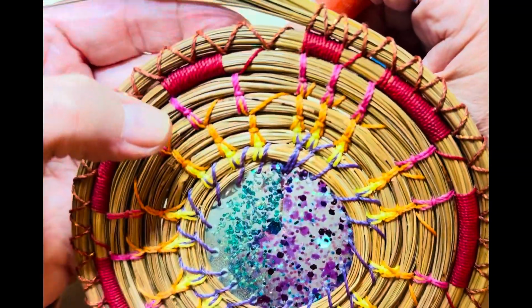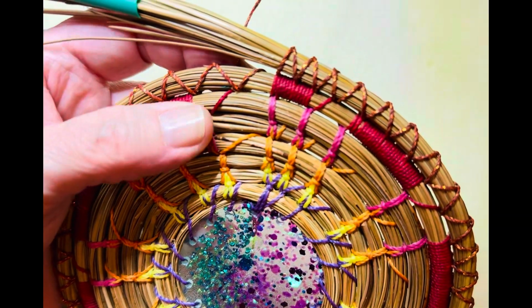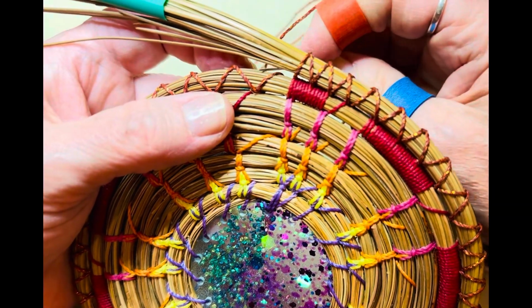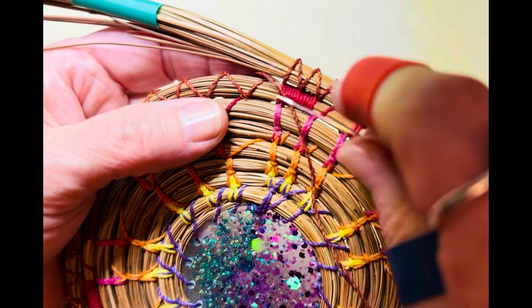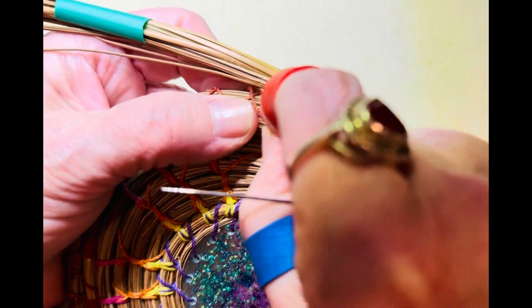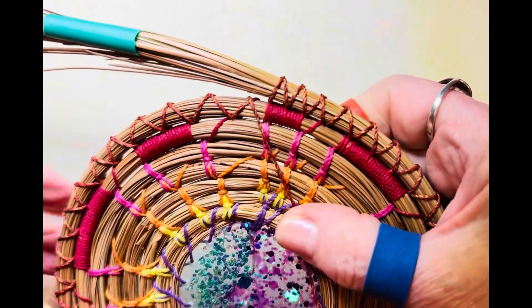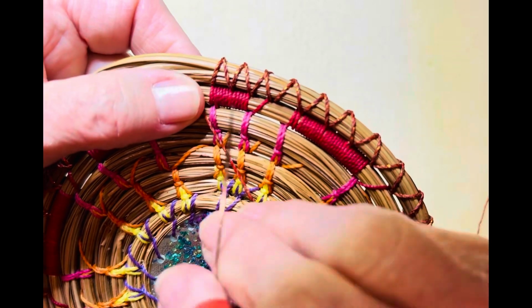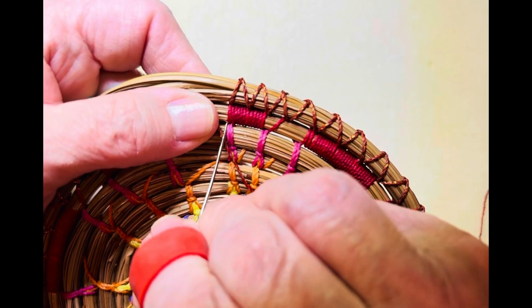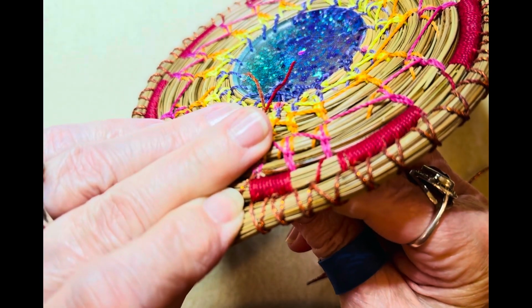So here was my last back stitch. I need to make one more because I don't want to leave this stitch down here hanging out by itself, and we need something to hook up to here. So there's my last stitch. I'm going to go in through the needles to secure that down, and I want to end up right here, right where I